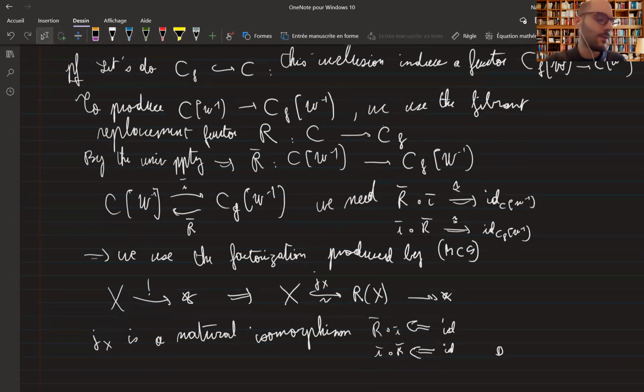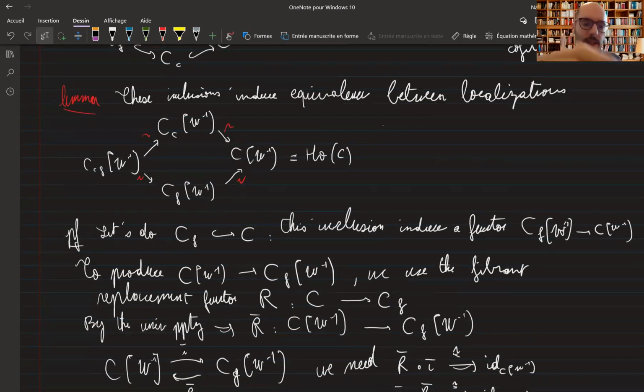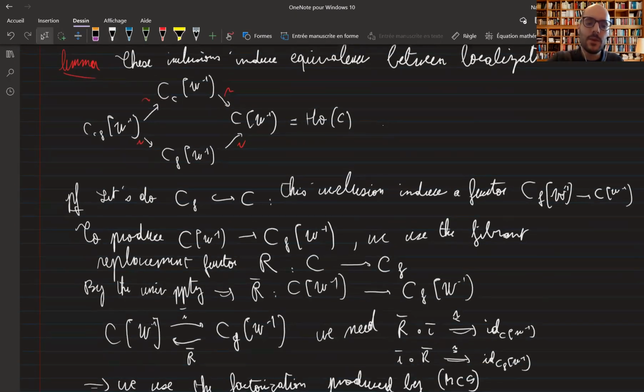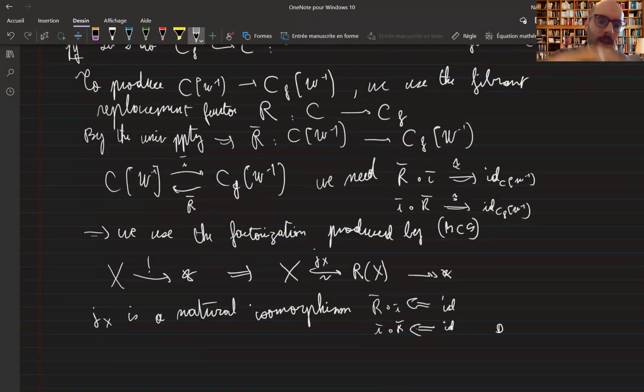Okay, is this okay for everyone, this lemma? So of course, for the other three functors, you do the exact same thing. For this one, you take the cofibrant replacement functor. And for these two, you need to do a little bit more, but it's essentially still the same proof. You also take the fibrant or cofibrant replacement functor, and then you just check that if you start from a cofibrant object X, then this fibrant replacement is also cofibrant,